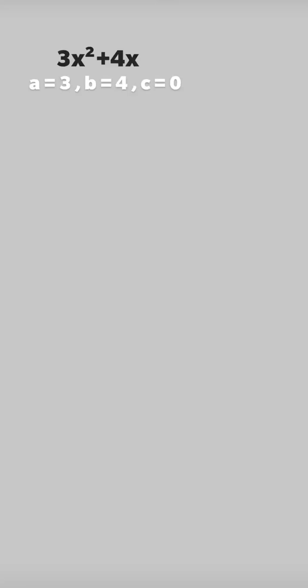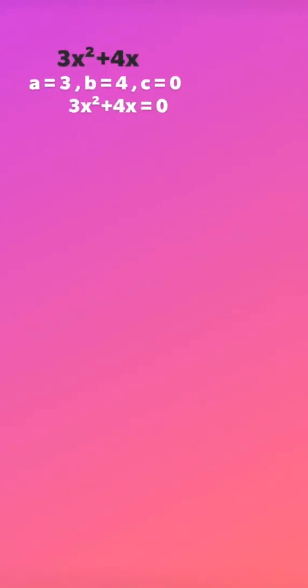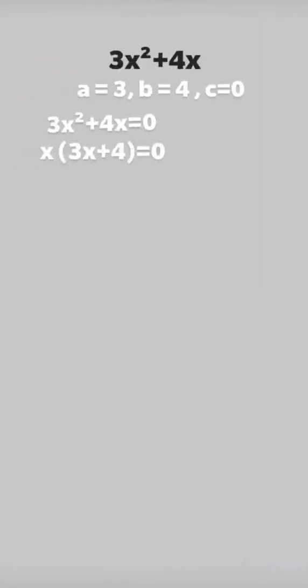Here a is equal to 3, coefficient of x², b is equal to 4, coefficient of x, and the constant term is not there, therefore value of c is equal to 0. Then I will equate this quadratic polynomial 3x² + 4x to 0 to find the zeros. We will factorize this quadratic polynomial,